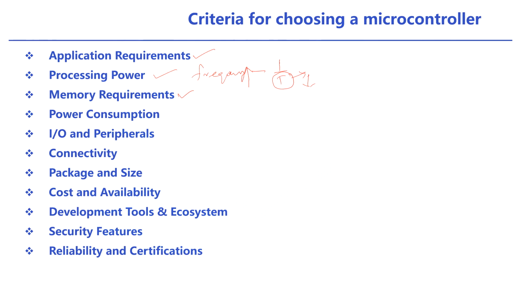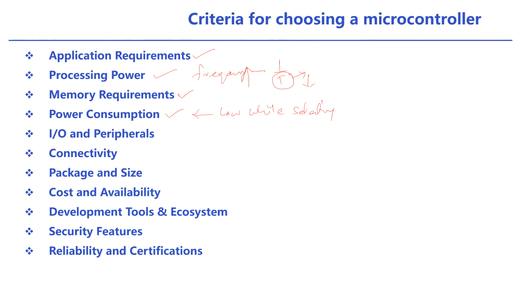Memory, microcontroller, power consumption. This is one of the most important parameters when we are considering battery-operated systems. In most cases, the power consumption should be low while selecting your microcontroller. The microcontroller should operate with low power consumption. And IO and peripheral devices. Suppose, for example, if you consider here